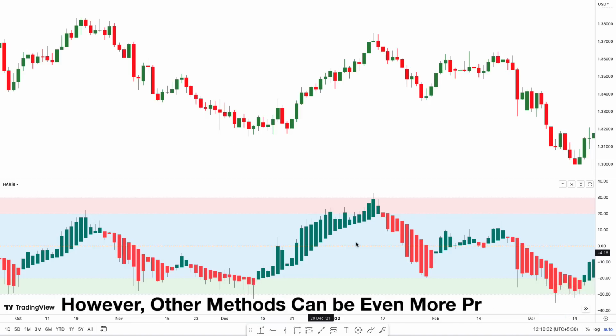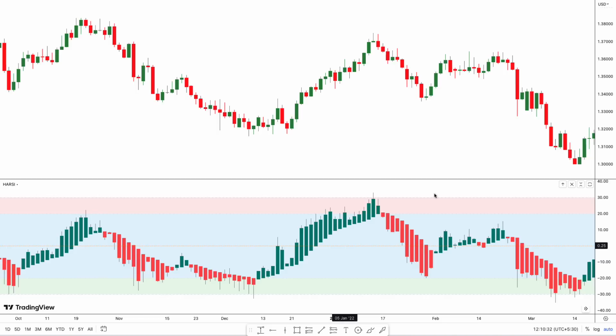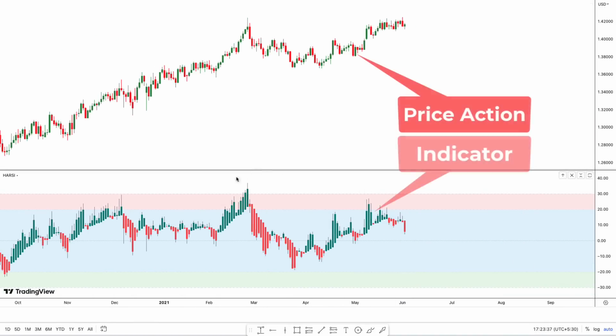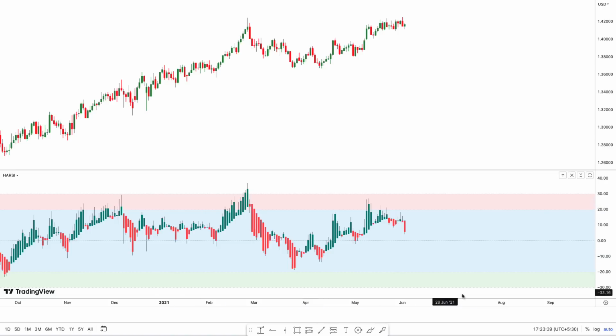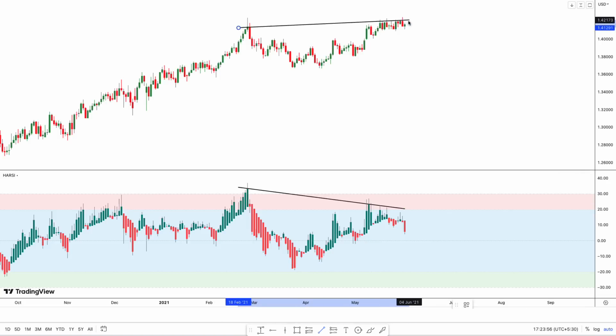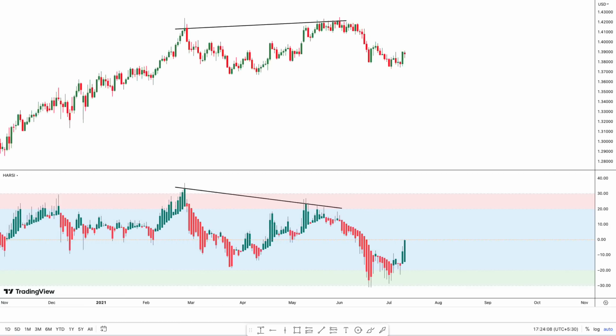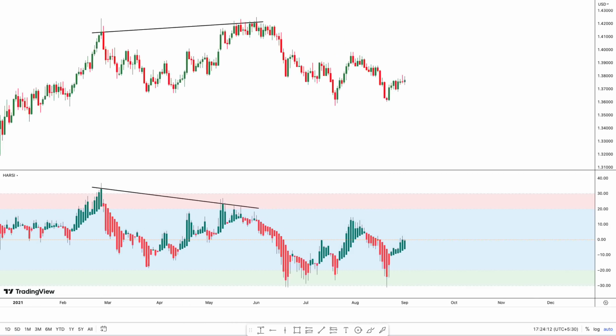However, other methods can be even more profitable. One of these methods involves looking for differences between the price action and the indicator. Here we can see an example of this. The price was making higher highs while the Heiken Ashi candlesticks were making lower highs. This shows us that a bearish divergence is playing out, making it likely that a trend reversal to the downside may occur. If we take a look at the price action after the move was made, we can see that this indeed was the